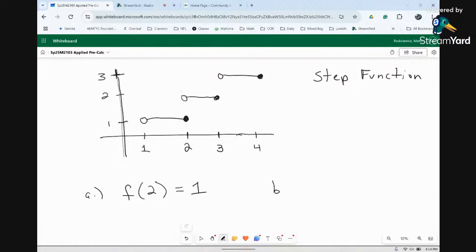Part B. What about f of 1 then? If you get it wrong, you get it wrong. If you know it, you already know it. So who absolutely knows it? You would think. What do you say? It actually is undefined. So if you're saying 1, you're not super far off. You're warm. Okay. So we'd look at 1 and we say, all right, it appears that there's a point there,